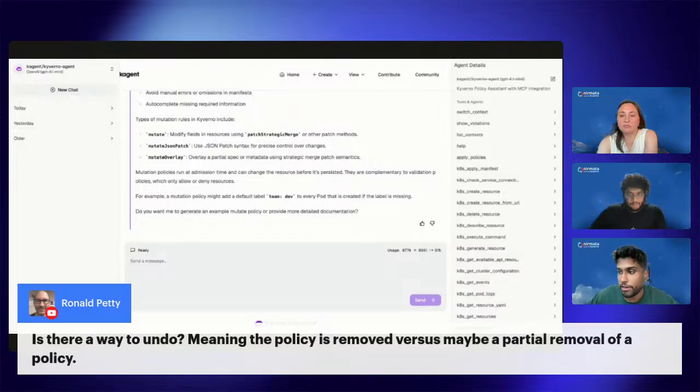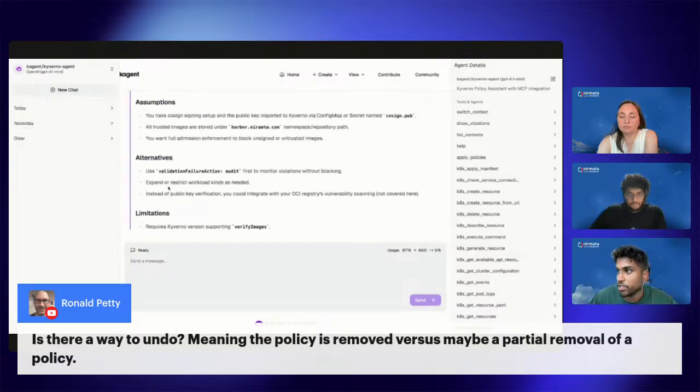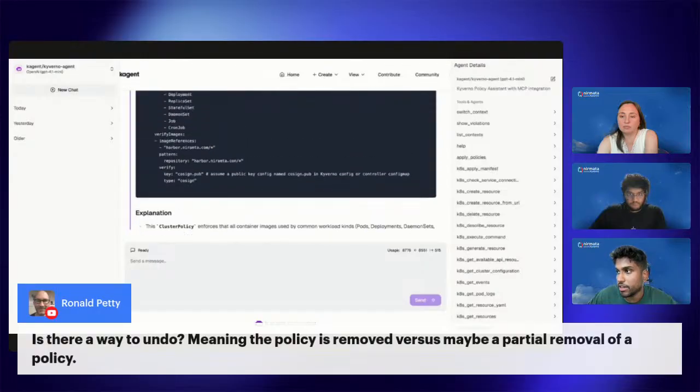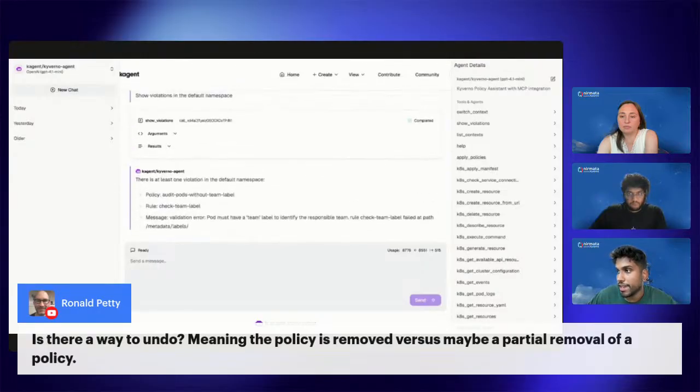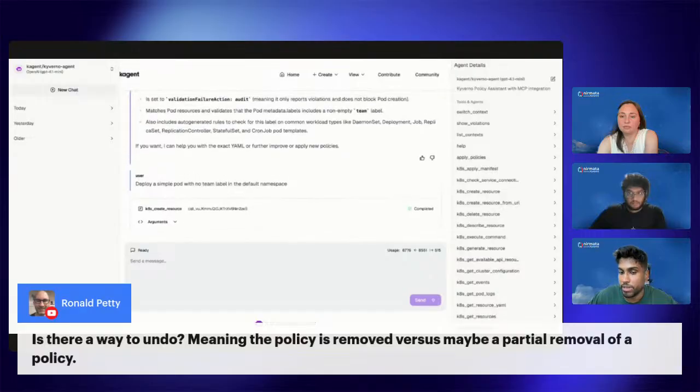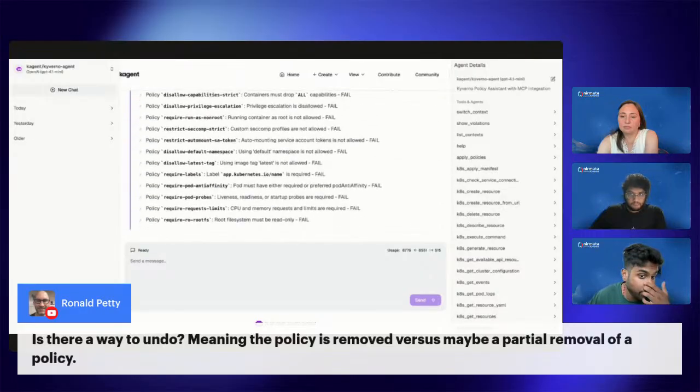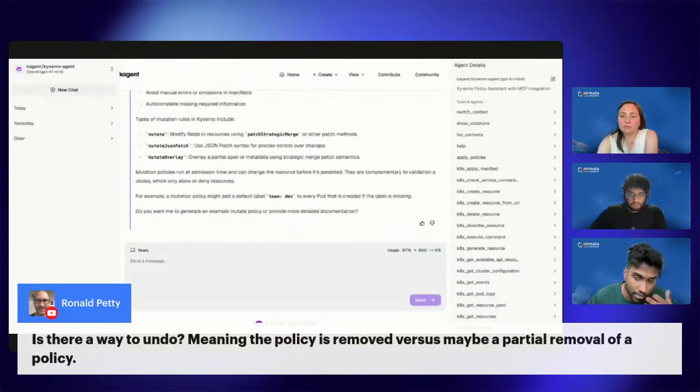For example, one of the questions I asked it to do was an audit policy. I can ask the agent, hey, I want this to be enforced, and it can proactively edit the policy as well. You can undo it in the sense that you can ask it to delete or remove that policy as well. So whatever you're currently using in the kubectl CLI, you can run it with just intent.